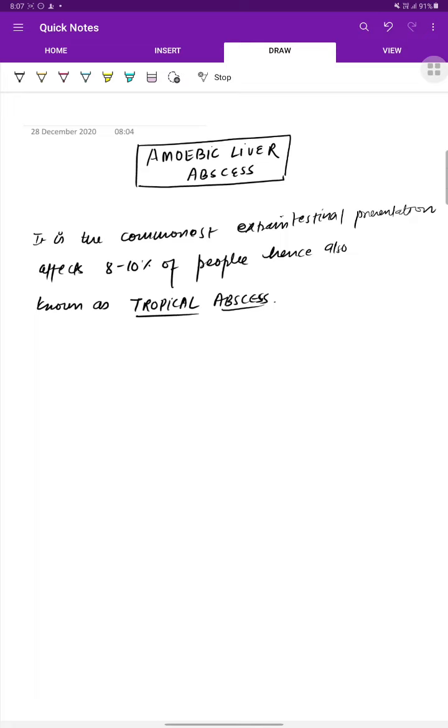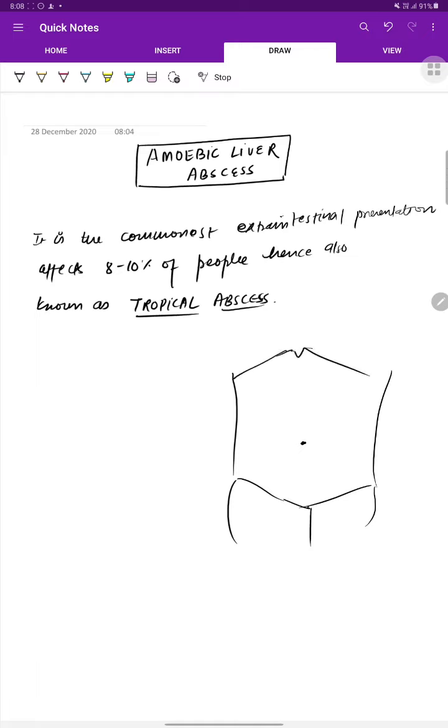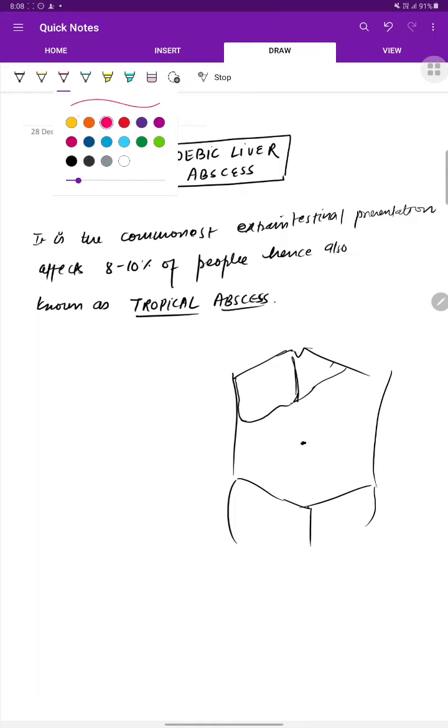For example, when we draw a diagram, we can appreciate over here that this is my liver, and through the mesenteric, superior mesenteric and portal vein it comes to